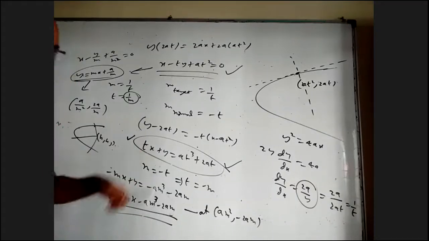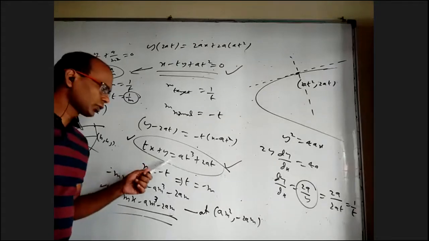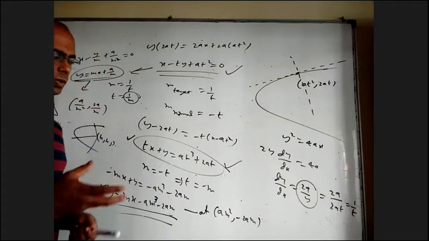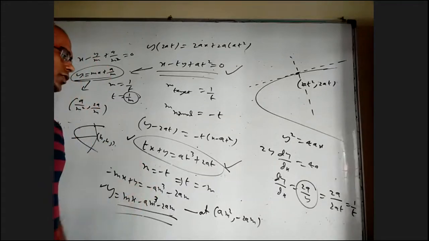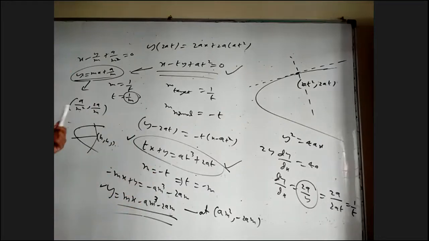Sometimes you can have one real and two complex. Sometimes you can have two equal roots also. That means two roots are equal and one distinct. So effectively it is two normals, but maximum. So the maximum number of tangents through a point is two, and the maximum number of normals through any point is